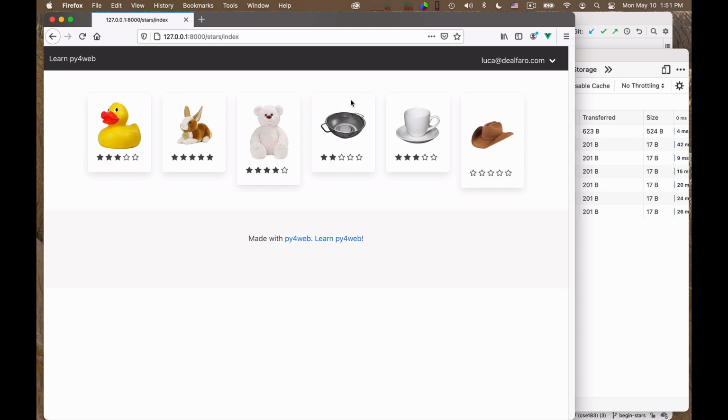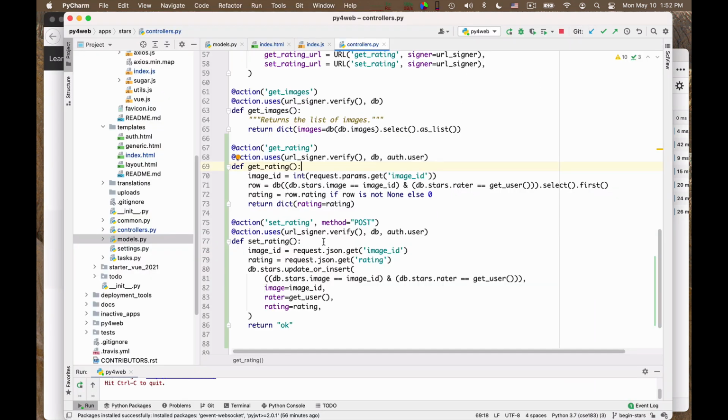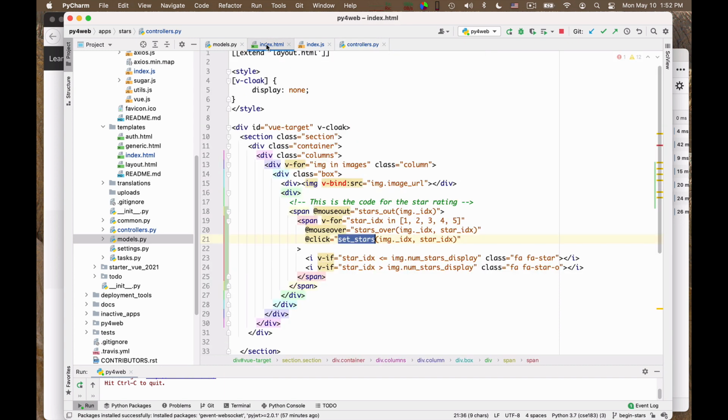Okay, so as a recap, what are the interesting things we have seen? We have seen in the post the use of update or insert to ensure uniqueness of the rating. I think this is the most novel thing we saw in the controller. In the template, we saw the use of these events: mouse out, mouse over, and click. And notice that the mouse out, I applied it to a span that contains all the rating region. Because if I applied it to each star individually, I would get a mouse out event when I mouse out of a particular star, maybe to move to the next one. Instead, I just want to know when you move out of the rating area altogether.